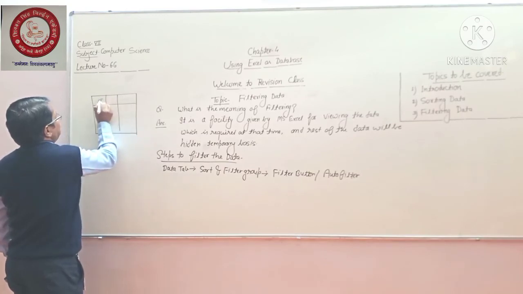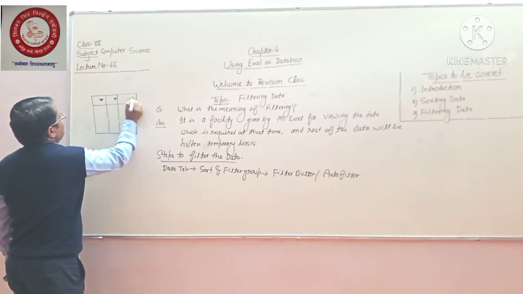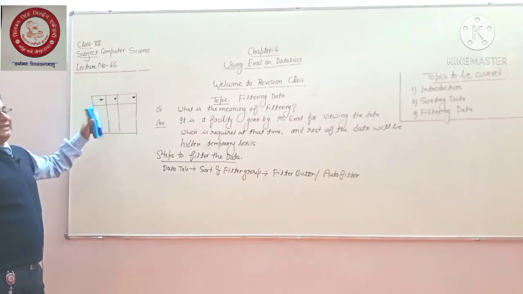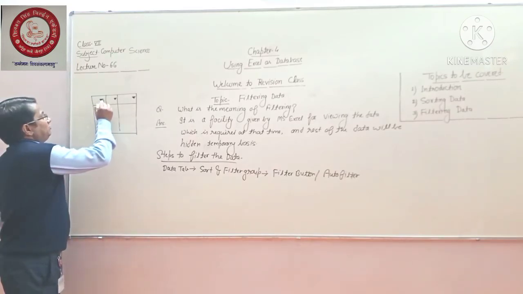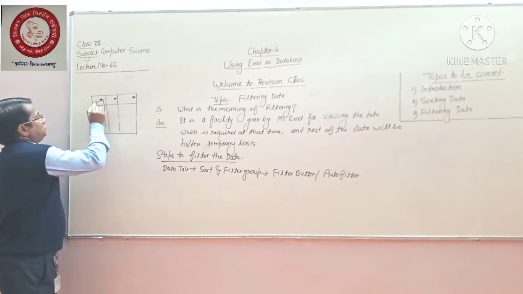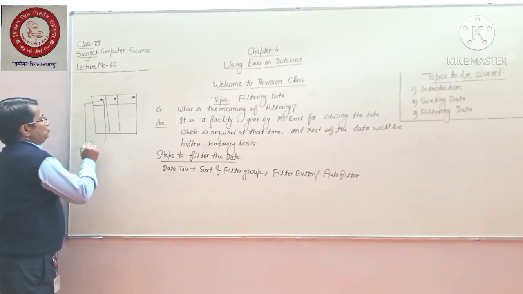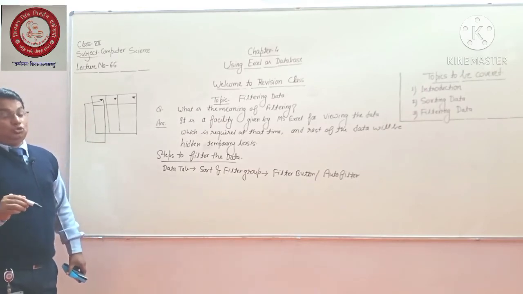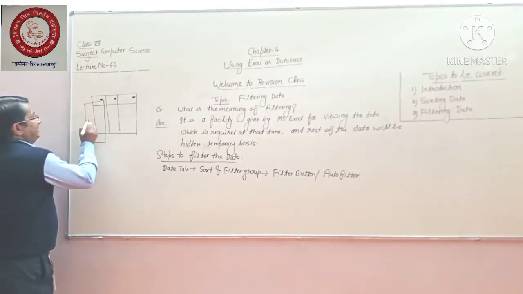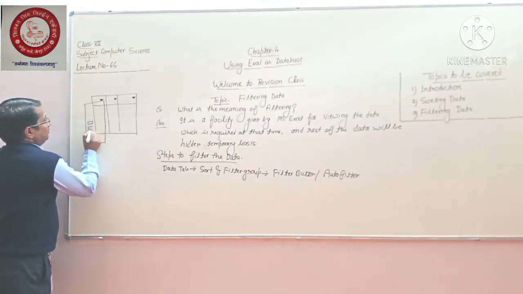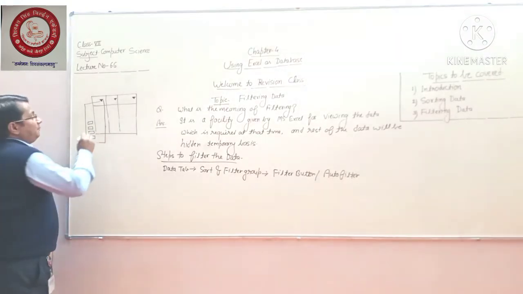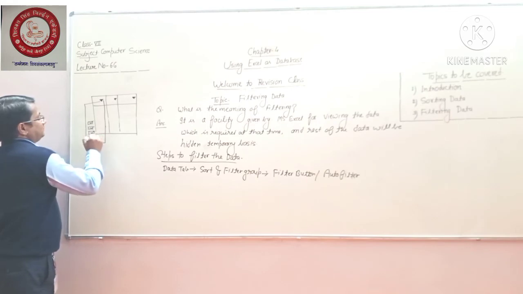Okay, so right now you will get some kind of filter appearing on each and every column which we have selected. Once it is selected, when you click on this, you are able to observe a list of options. Whatever list is there in the particular column, it appears as checkboxes.